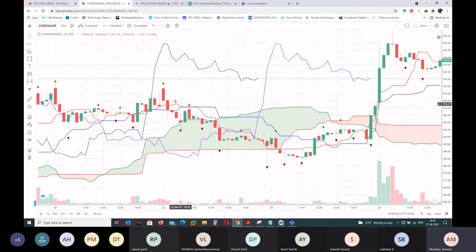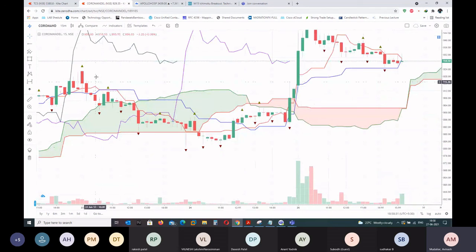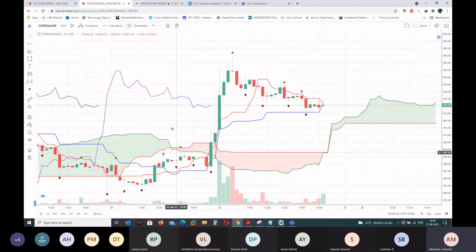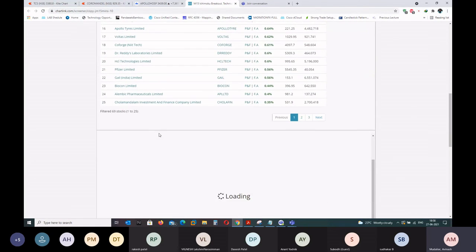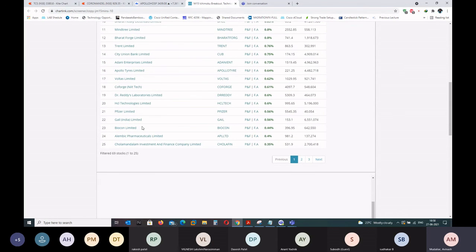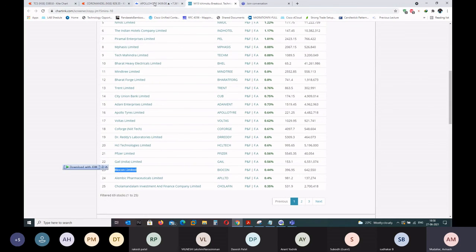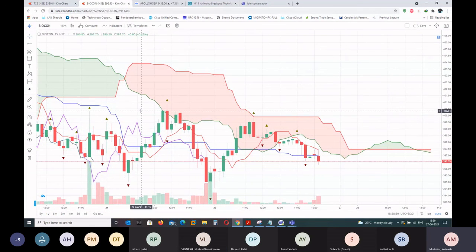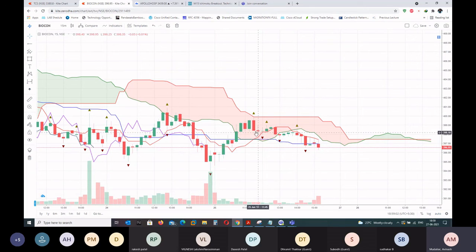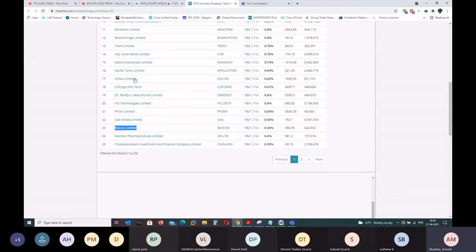So you need to look for stocks that have a bearish crossover. And second, you need to ensure this kind of close happened during a downtrend, not during an uptrend. So basically this is not a qualifying candidate. Then the second, JSW, is still like that, you need to keep looking. Maybe I'll look into Biocon. Again, this came when there was an upside crossover, so this is not a valid one. Like this, you need to rule them out.